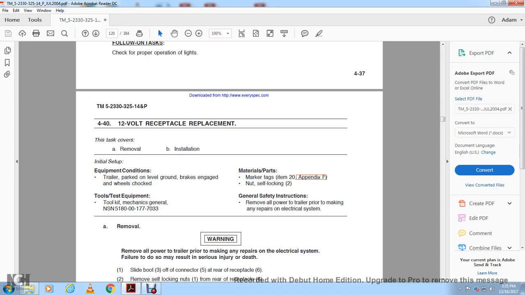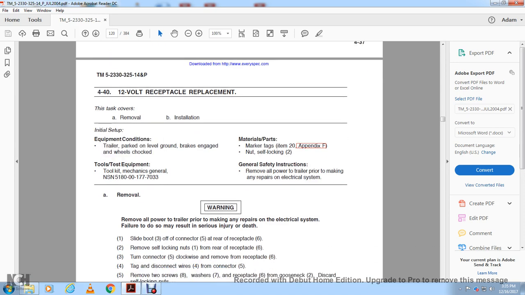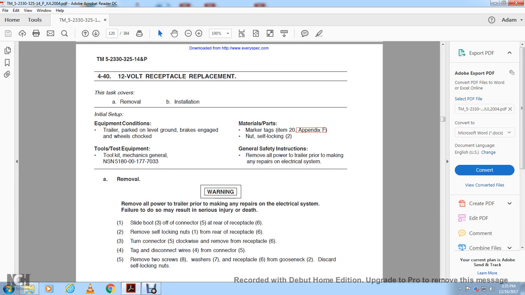Slide the boot off of the connector 5 with the receptacle 6. Remove the self-locking nuts 1 with the rear receptacle 6. Turn the connector 5 counterclockwise. Remove the receptacle 6. Tag and disconnect the wires 4 from the connector 5. Remove the tabs 2, screws 8, and washers 7, and the receptacle 6 from the gooseneck 2,